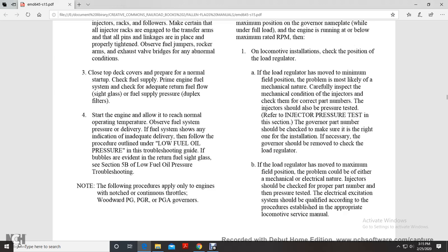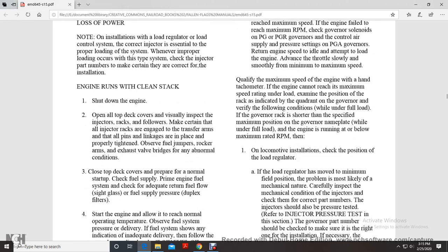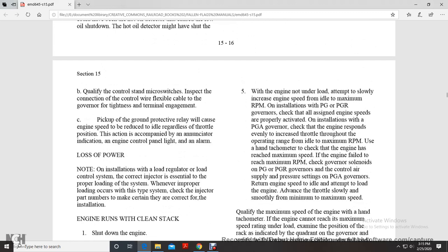If bubbles are evident in the return fuel sight glass, see section 5B of the low fuel oil pressure troubleshooting. The following procedures apply only to engines with notched continuous throttles and Woodward PG, PGR, and PGA governors. With the engine not overloaded, slowly increase the engine speed from idle to maximum RPM. On installations with PG or PGR governors, check that all assigned engine speeds are properly activated. On installations with a PGA governor, check that the engine speed responds to the evenly increased throttle